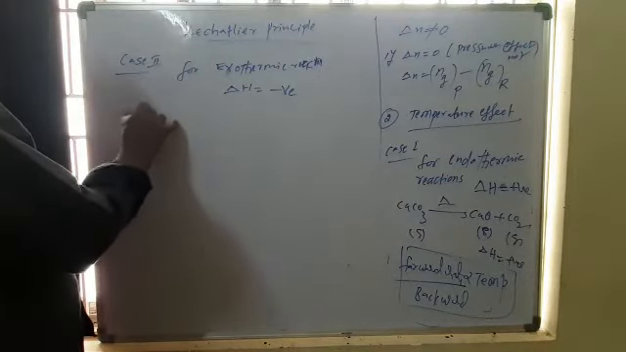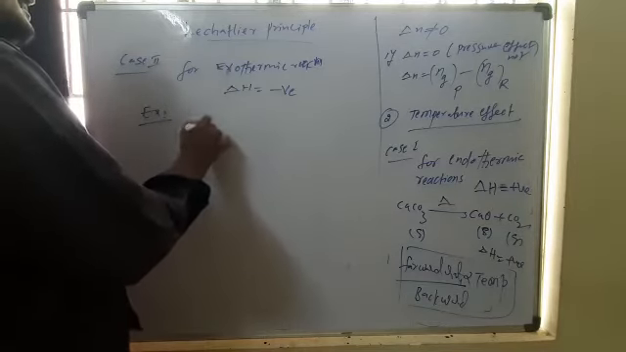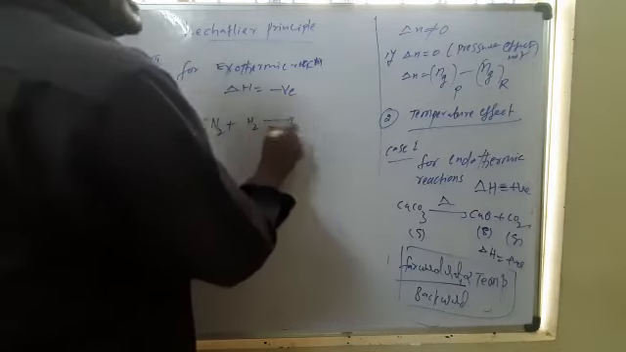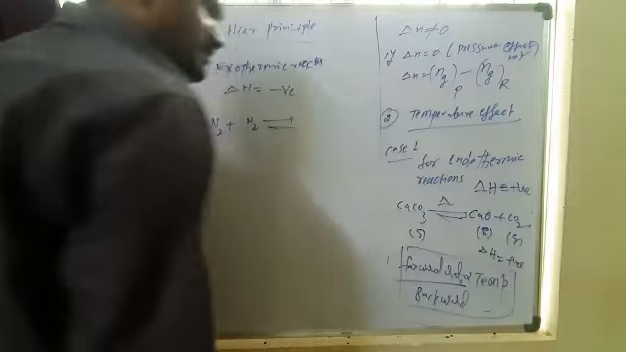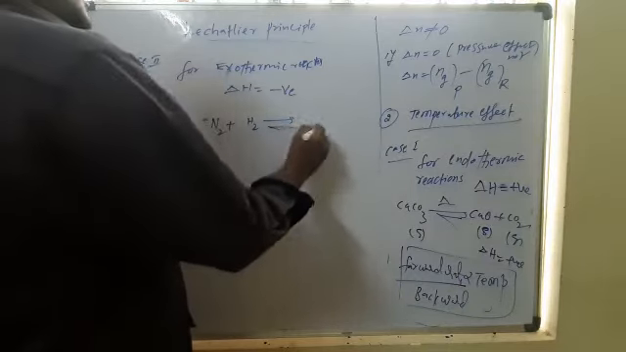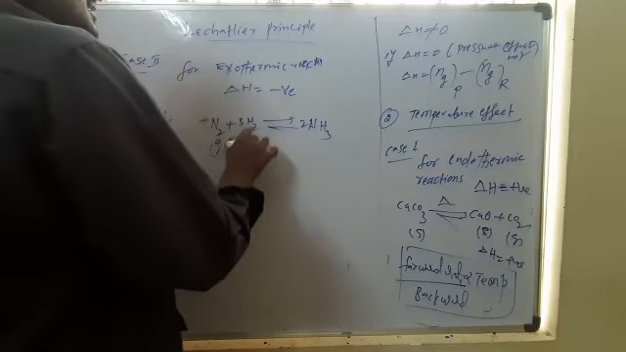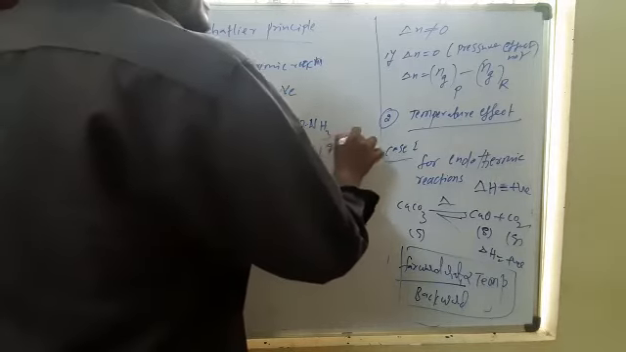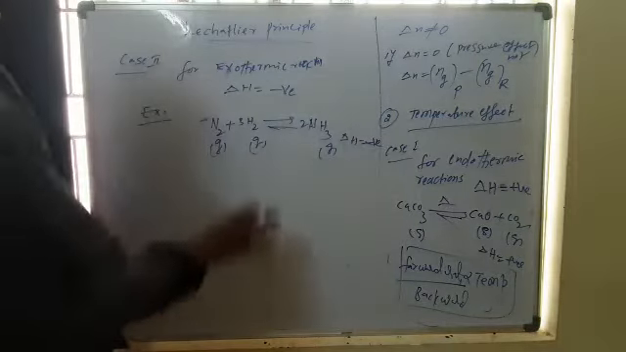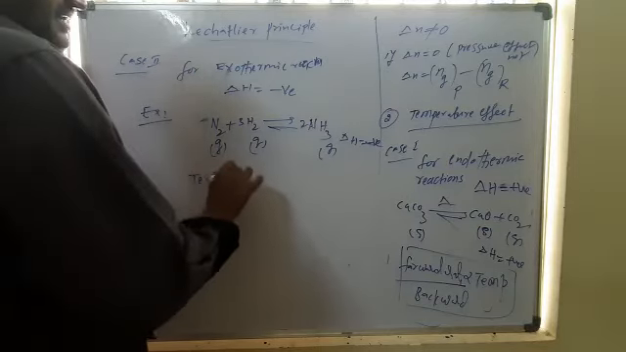I am taking an example here. Ammonia formation from its constituent elements is an exothermic reaction. If you see ammonia formation, here 2, 3, it is gas. Delta H equals a negative value. Negative means it is an exothermic reaction. So for exothermic reactions, temperature is directly proportional to